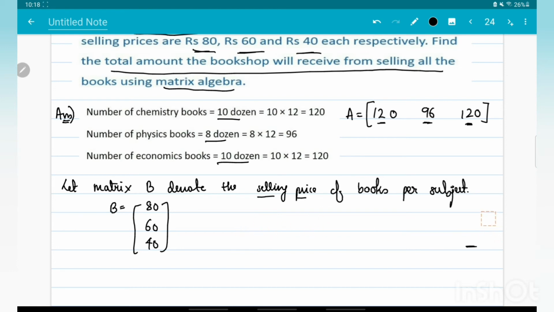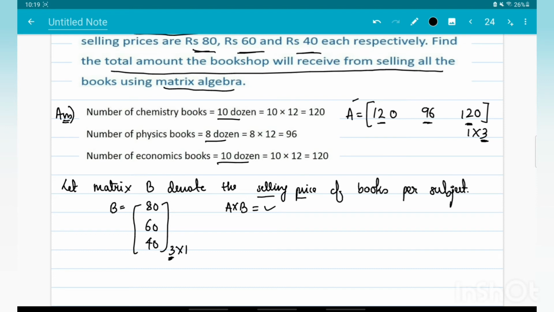But when I multiply these two matrices, where A is a row matrix and B is a column matrix, now if you see, when I multiply A cross B, it is possible, because the matrix A is of order 1 by 3 and B is of order 3 by 1. Since there are 3 rows, this is row 1, row 2, row 3, okay. So there are 3 rows and 1 column over here. A is the first matrix and the number of columns is 3, and B is the second matrix and the number of rows is 3. So 3 is equal to 3. That is, the number of columns of the first matrix is equal to the number of rows of the second matrix. That means I can multiply both of them.